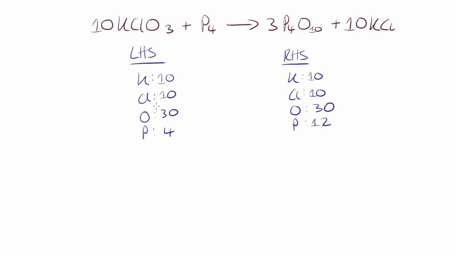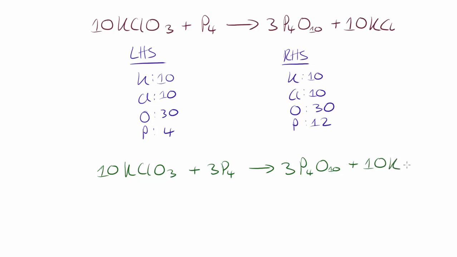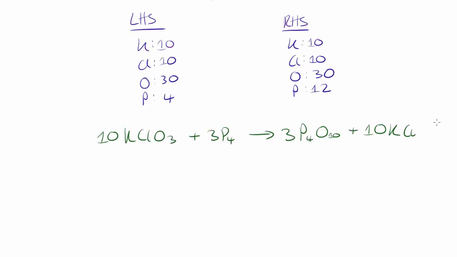So if we simply put a 3 in front of the P4, obviously 3 times 4 would give us 12, right? And so if we do that, we get 10 KClO₃ plus 3 P4, and that produces 3 P₄O₁₀ plus 10 KCl, right? Okay, so with what we've got here,